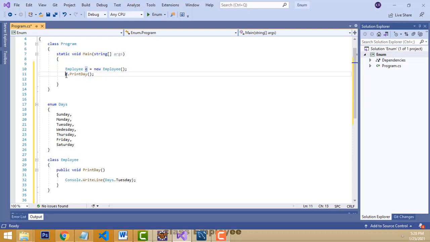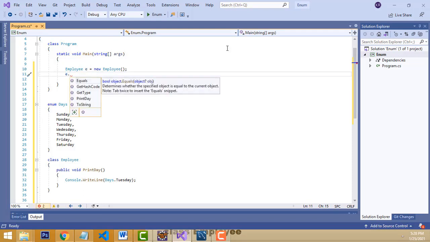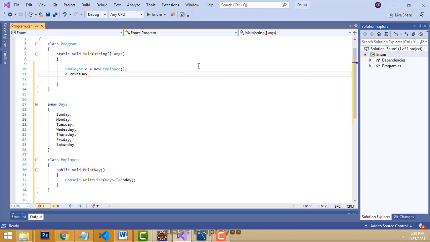If you put a dot after E, the properties inside this class will be displayed here. printDay is the property. Here are the open curly bracket and close curly bracket, which is where the method closes. Whatever you have written inside this method will be printed over here.